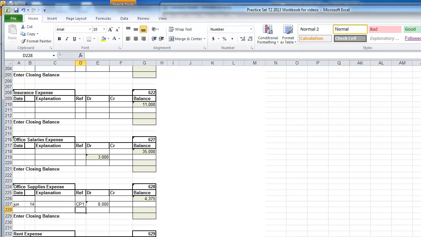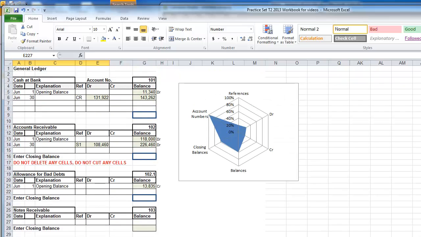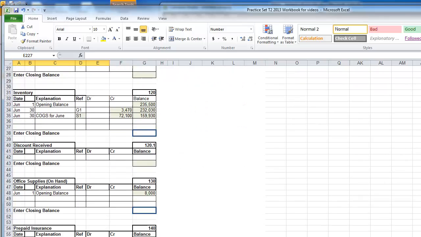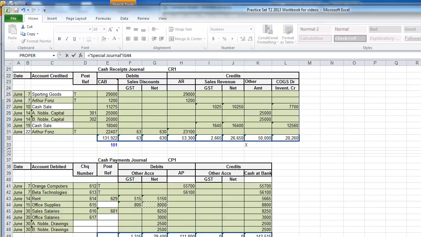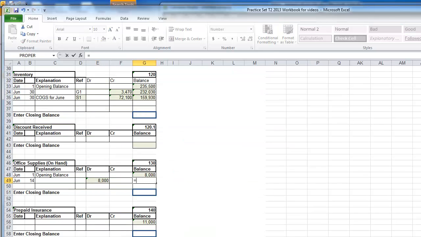Of course, there's a very good reason why it didn't go green, because this is a mistake that can often be made. This is not our expense for office supplies. This is the purchase of office supplies. So this will go into our storeroom because we haven't used the office supplies yet. So it's a good point that we go back up to supplies on hand. So when we purchase supplies, June 14 equals debit $8,000,